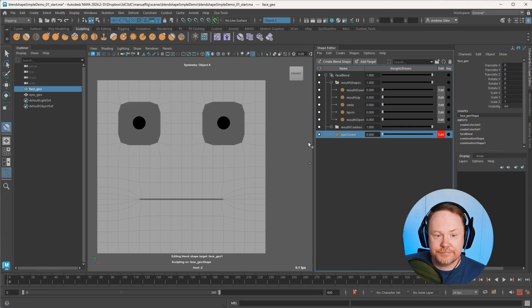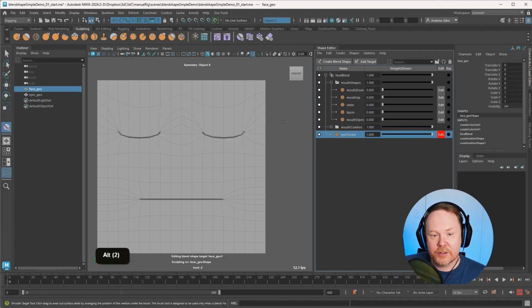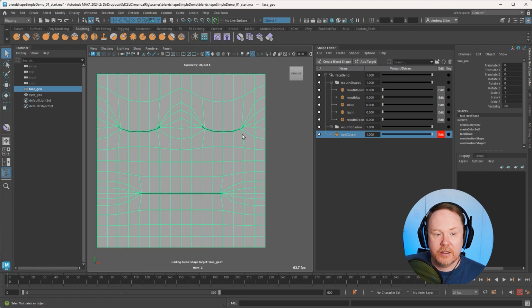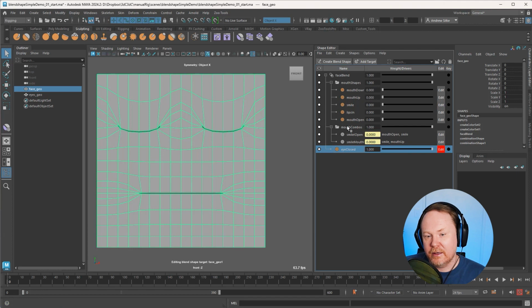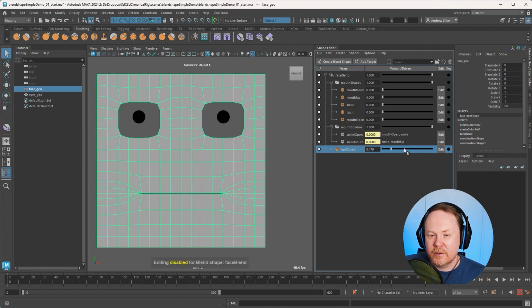There's our blink per se, but I want to just show you guys that you can create two sides. So usually what you'll do is create all your blend shapes, and then you'll try to make each one of them a mirror of the other, and then you'll have to do your mouth combos again, which is annoying. So there is another plugin called Shapes where you can use that, and Shapes has a lot of cool features where you can automate splitting of shapes left and right and doing combos left and right and things like that. In Maya, it's a little bit manual, but what you can do is